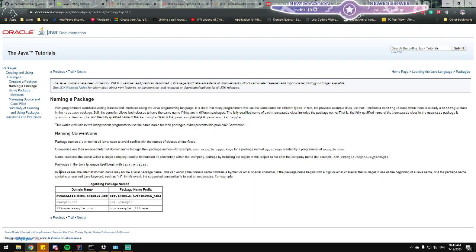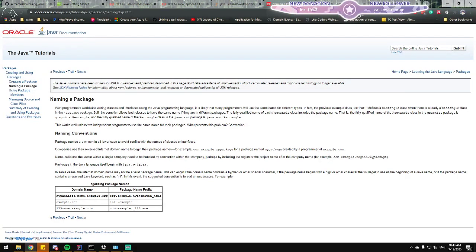In some cases, the internet domain may not be a valid package name. This can occur if the domain name contains a hyphen or special character, if the package name begins with a digit or other character that is illegal to use at the beginning of a Java name, or if the package name contains a reserved Java keyword such as int.